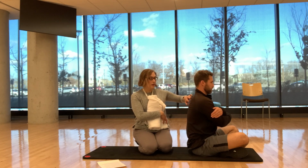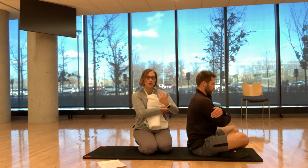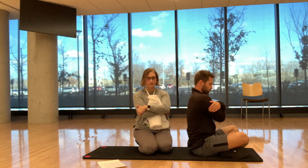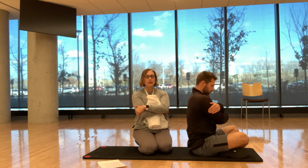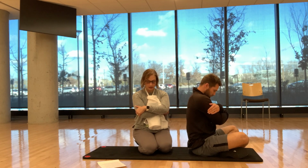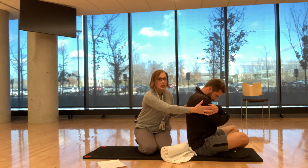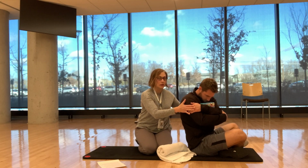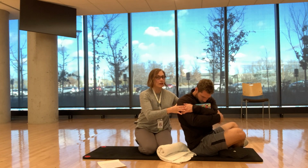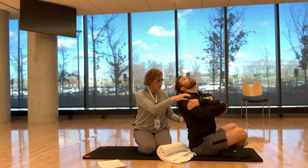So we're going to actually move through this upper and mid back, but to create more tension through the spine, you're going to hug that yoga block, and then you'll begin again by flexing your chin down towards your chest, and then Jared's going to rotate his elbow towards his right hip. So right elbow towards his right hip. Then he's gonna let his eye gaze come up towards the ceiling, and he's gonna come back,